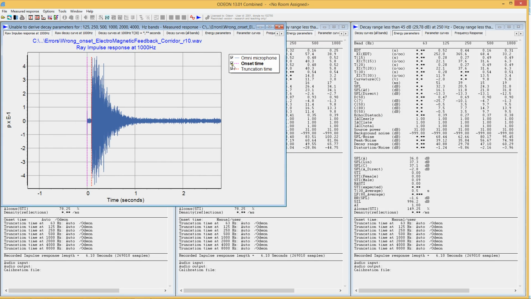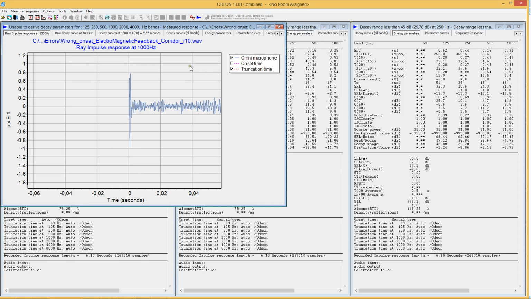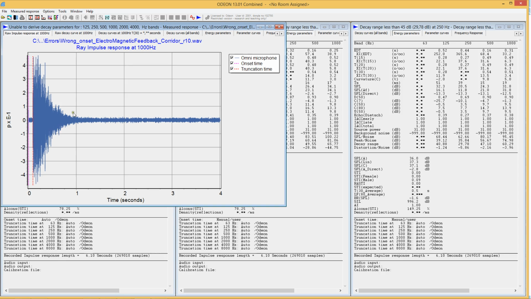That is, if you have your microphone cable and your loudspeaker cable very close to each other, you'll see that you actually get an impulse at time almost 0 because it's at the speed of light or electromagnetism. So this is not an acoustic phenomenon, it's pure electromagnetic feedback which arrives before the direct sound.